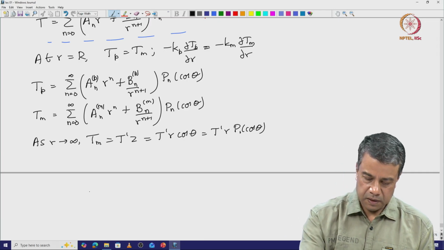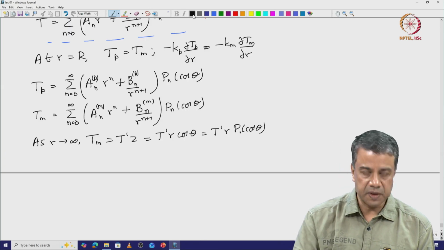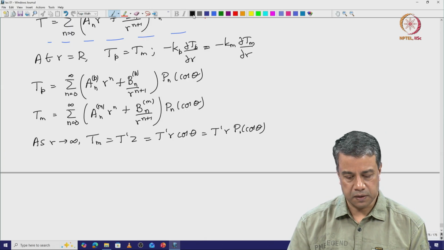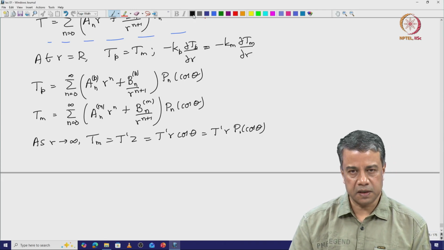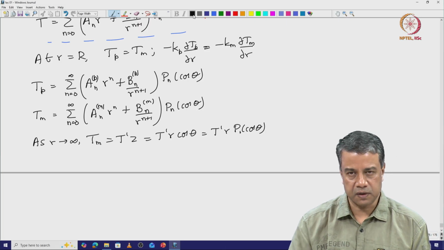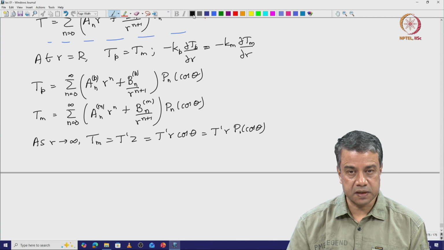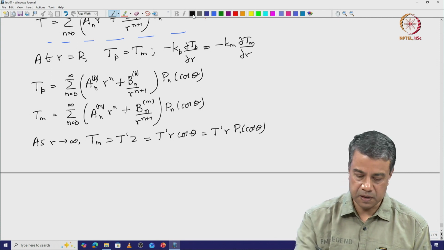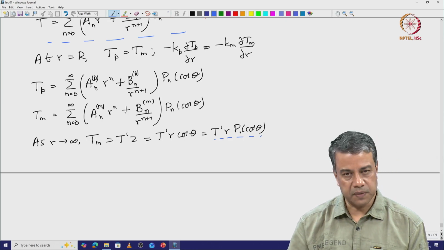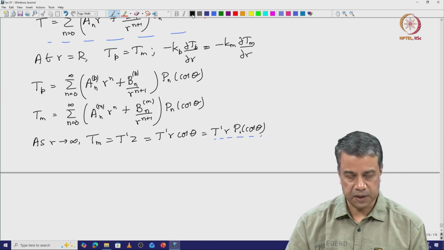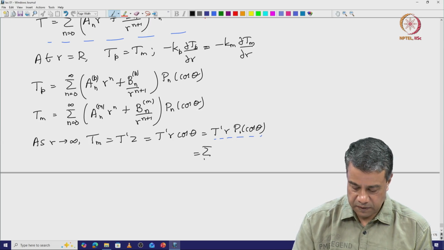So, the solution for the temperature field consists of a summation over all Pn. At the interface between the particle and the matrix, you have equality of temperature and equality of flux. In the limit as r goes to infinity, when I express the solution in terms of the Legendre polynomials, I get something that goes as T prime r P1 of cos theta. So, if I expand this out as a summation over n